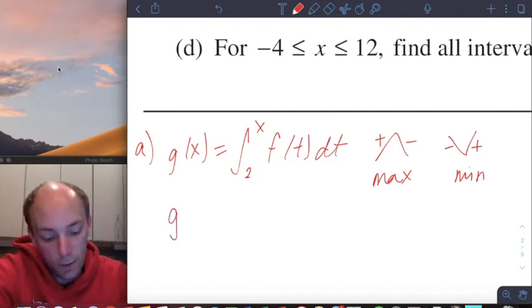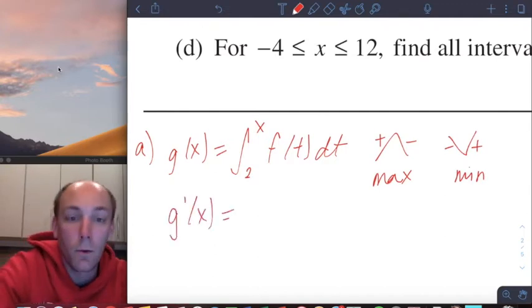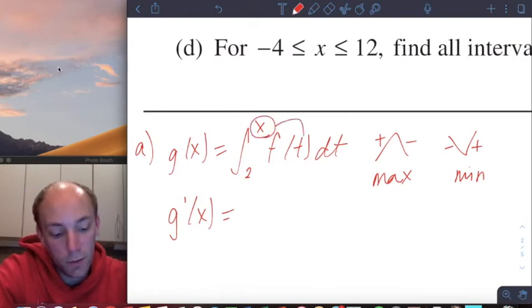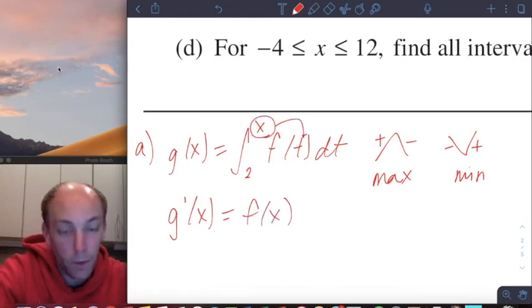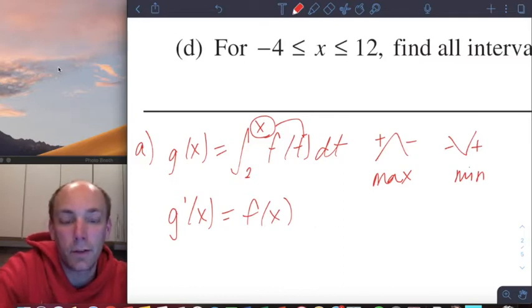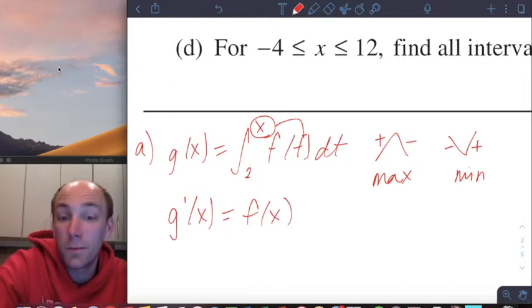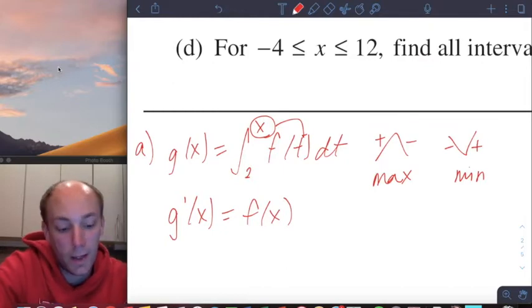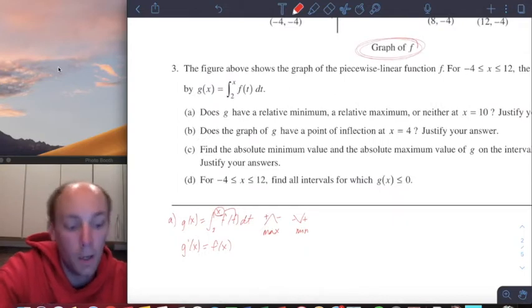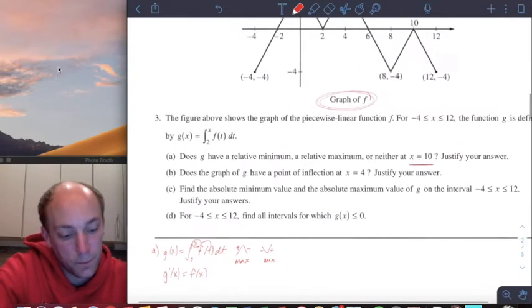So the first thing I need to look at is my derivative, right? So what's the derivative of g? Well, remember when you take the derivative of an integral, all you have to do is just plug in the bound. Okay, so the derivative of g is equal to f of x. So when I'm trying to figure out if I have a minimum or maximum, I'm just looking at f of x. Okay, and that's what the graph is. That's the graph that I'm given. Okay, so at x equals 10,